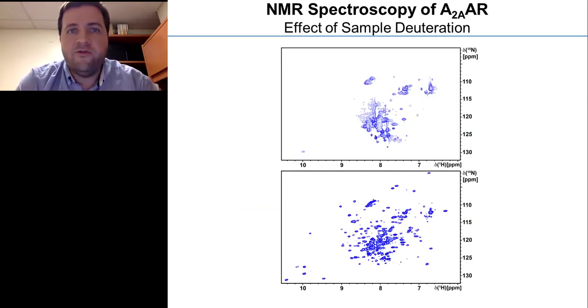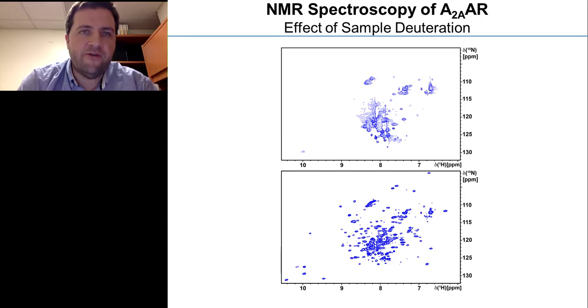So why did we use Pichia pastoris and go to such great effort to validate the expression system? The reason is simple. We can incorporate deuterium oxide into the expression media for yeast. Yeast tolerate high levels of D2O, and the D2O is necessary to obtain the high resolution spectra that you see. On this slide, we compare the effects of a uniformly nitrogen-15 labeled sample with and without deuteration.